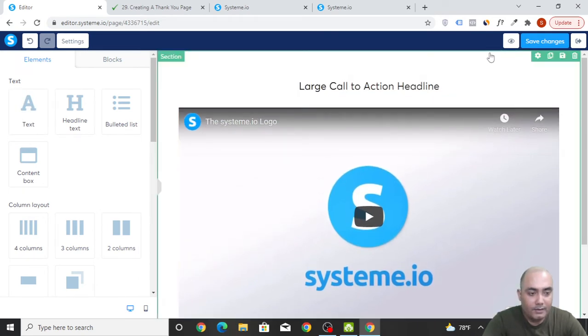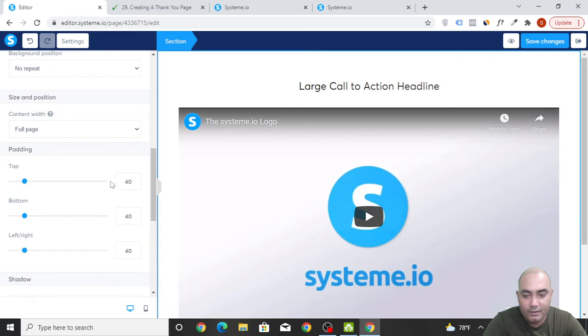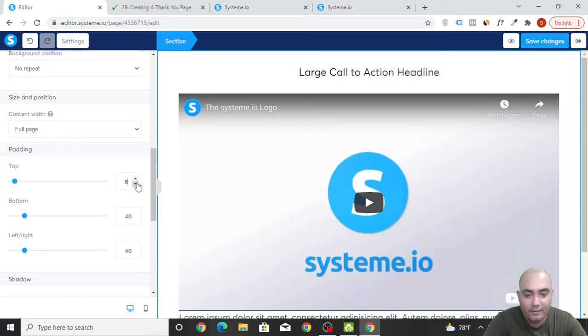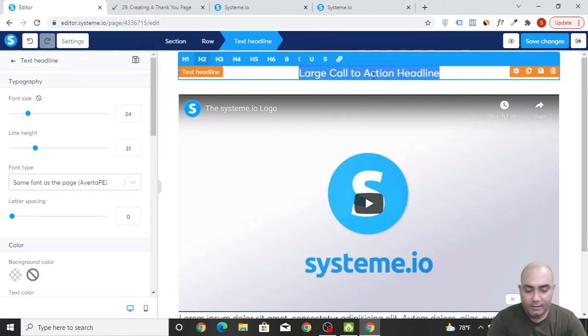Okay, and if you think this gap is a little bit much, then you can simply click on here and reduce this top padding to maybe 15 or 10. Okay, and click on save. And then, so let's type a title here,